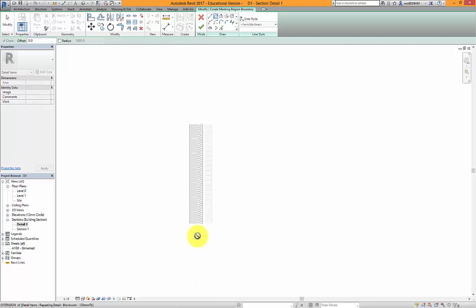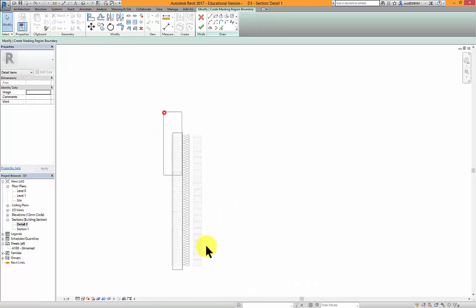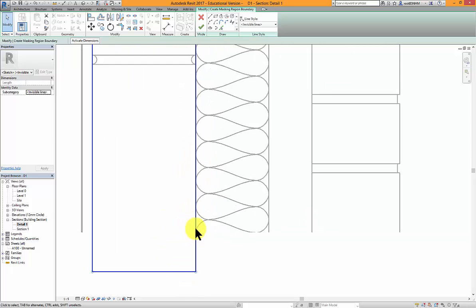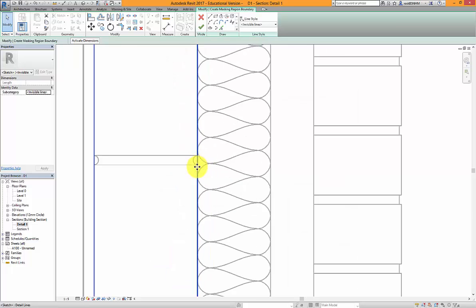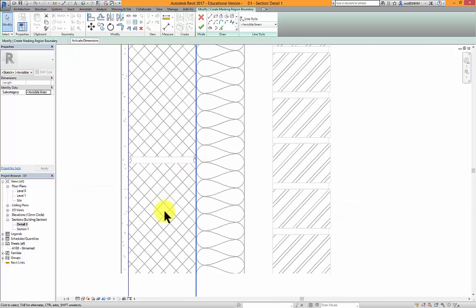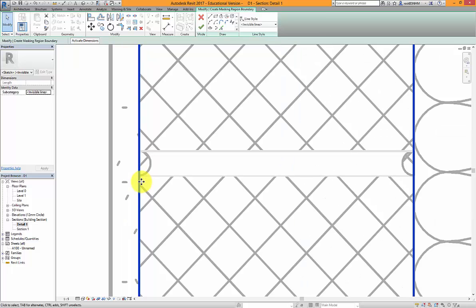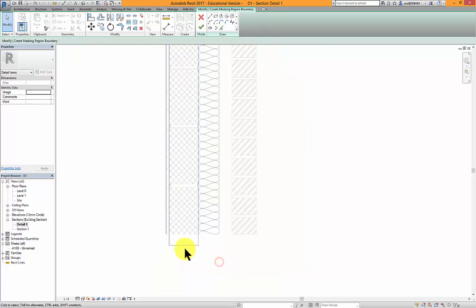And we can snap to this side, and we can snap to the other side. And we can select all the edges and change it for invisible lines. Now, do we want invisible? Maybe not, because the invisible lines will actually hide our line in here, which is kind of wrong. So what I want to do, I want to keep this